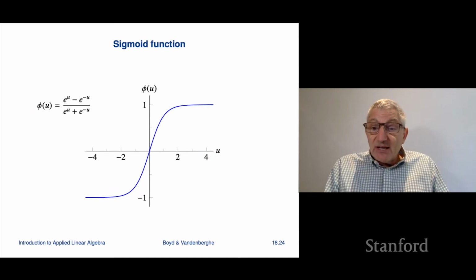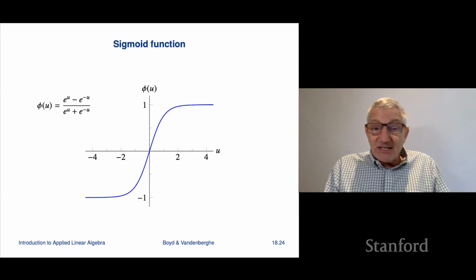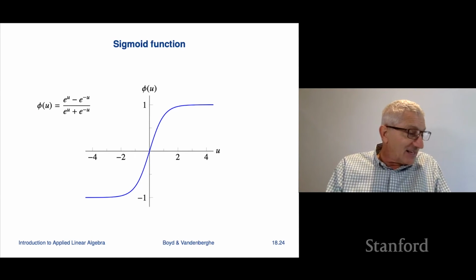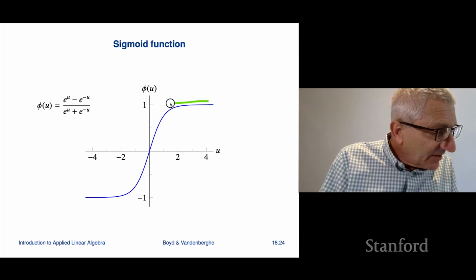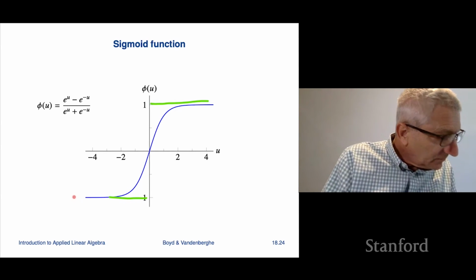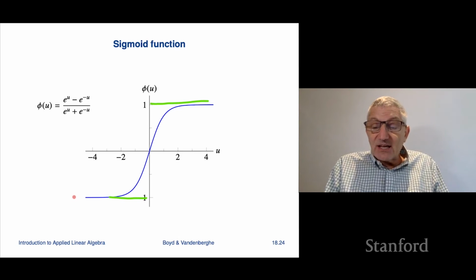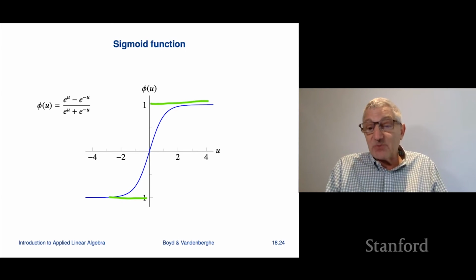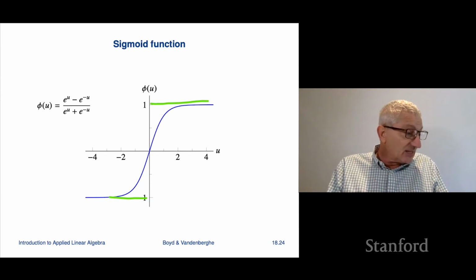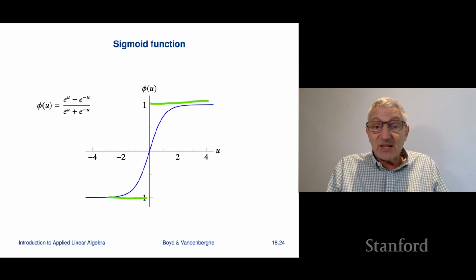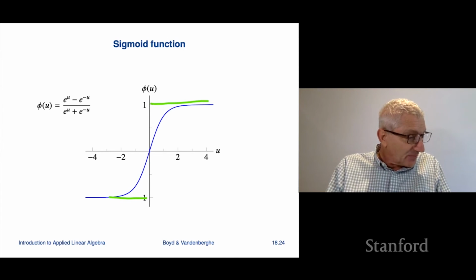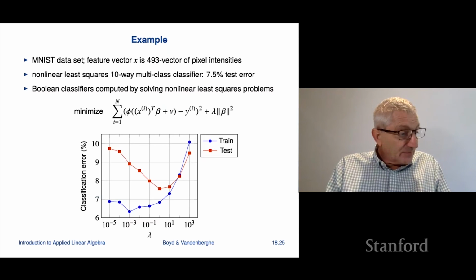Okay, so here's a sigmoid function. You'll probably see this in a whole bunch of different things. And the idea is, here's the sign function, right? And the sigmoid function is a smooth approximation of it. So that's the idea. We just have a sigmoid function in there like that. And that's what we're going to do. Okay, so this actually works